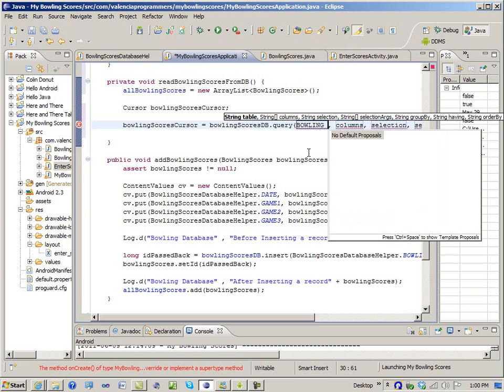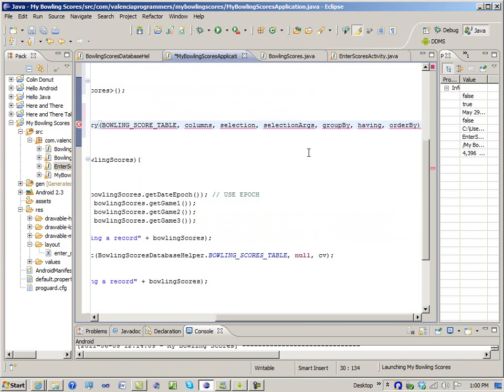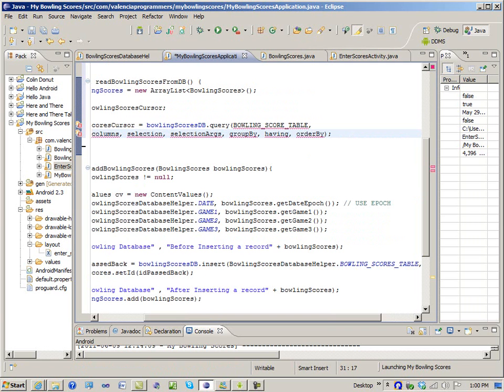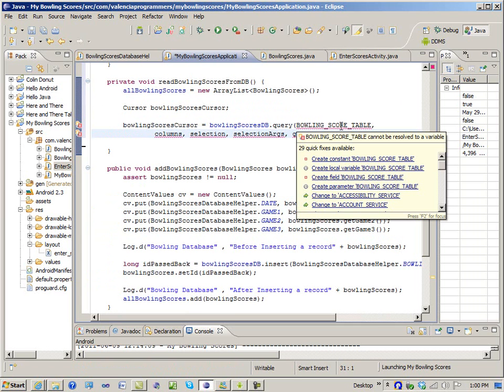And I'm going to query the bowling scores table. There's only one of them. Let me give you some room to see what's going on here. That doesn't compile